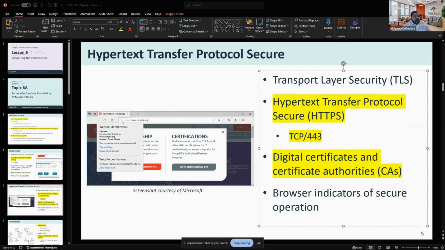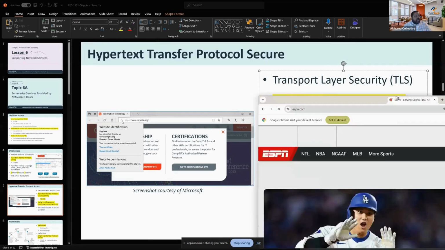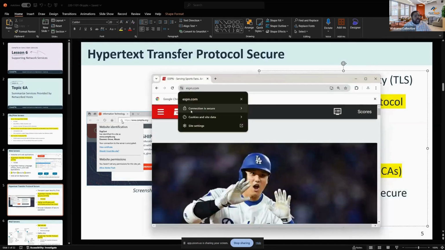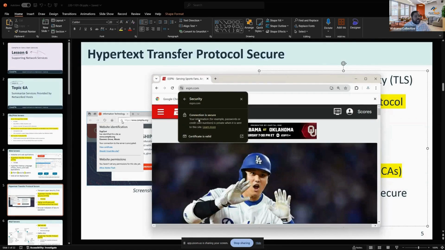Digital certificates and certificate authorities. Now, I shouldn't have closed that out, but those are the people, and we talked about this in Security Plus a little bit, who are giving out those types of certificates that let you have this certificate right here. So when it says that the connection is